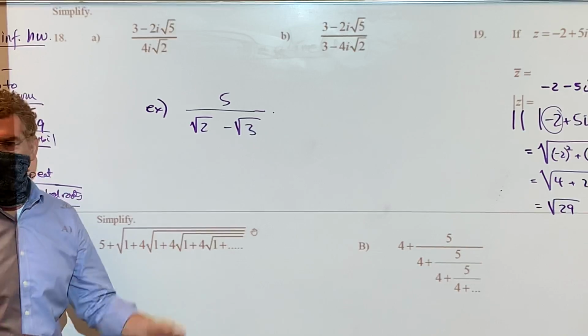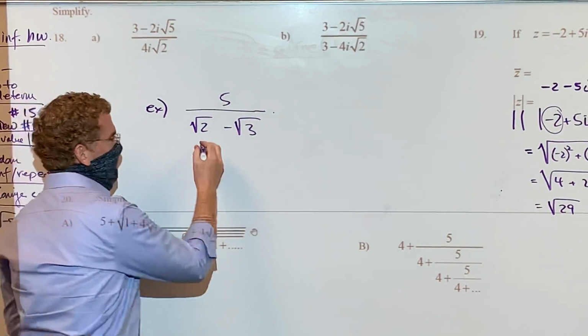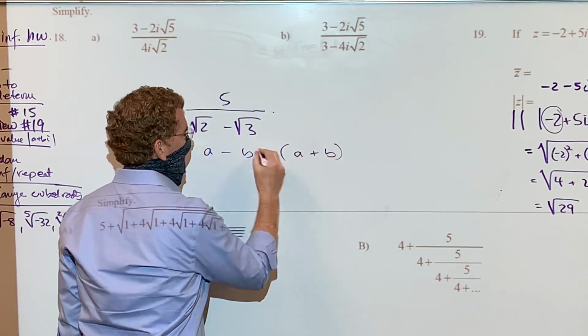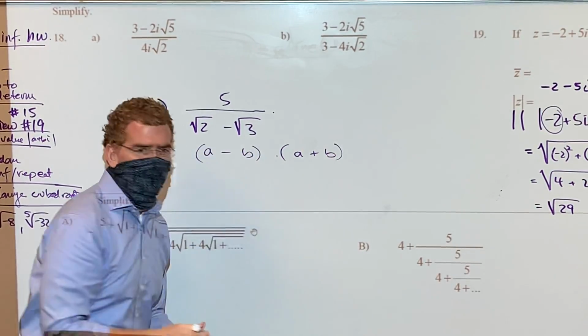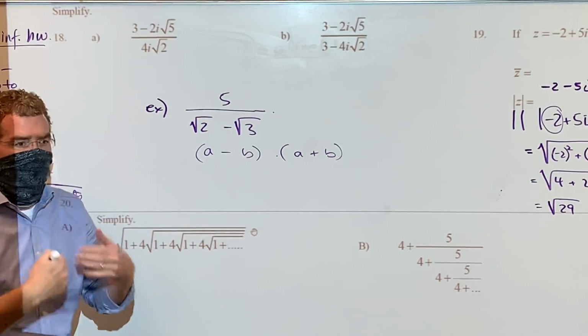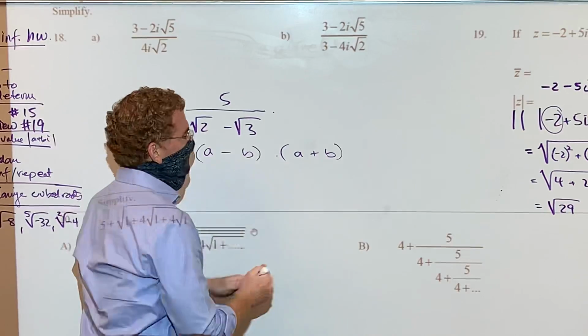Root 2 plus root 5. And the reason why is this is kind of like an a minus b. You'd multiply by an a plus b. And when you do that, what happens when you FOIL it? All those middle terms cancel, right? That's why you do it, because this gives me